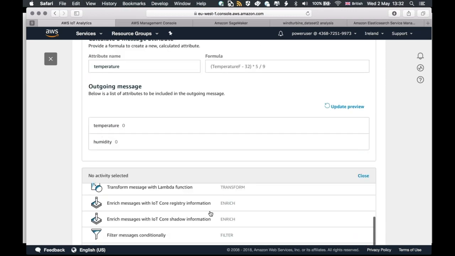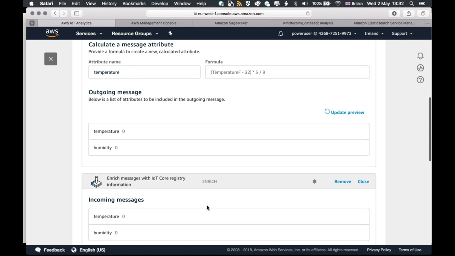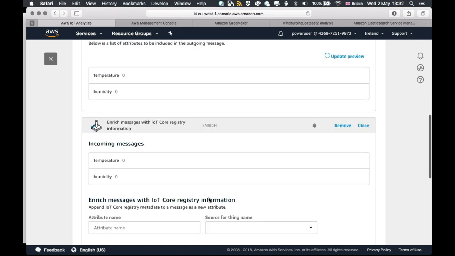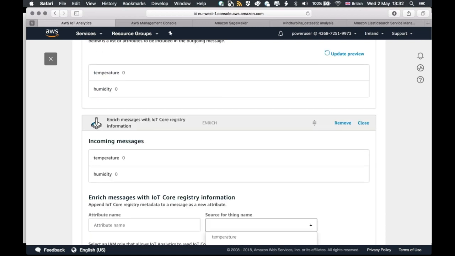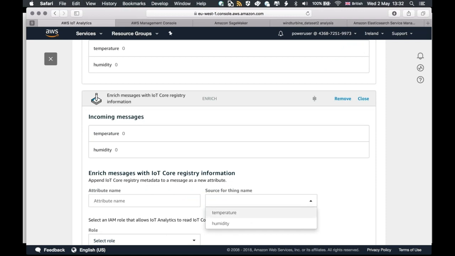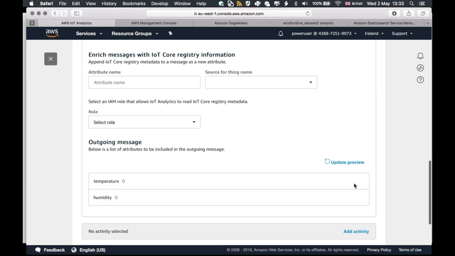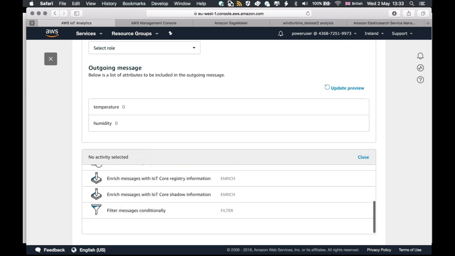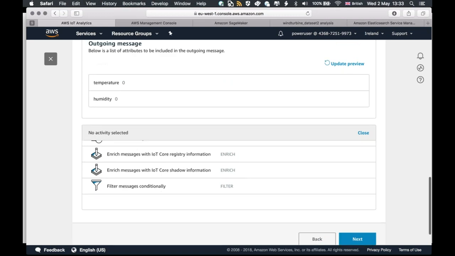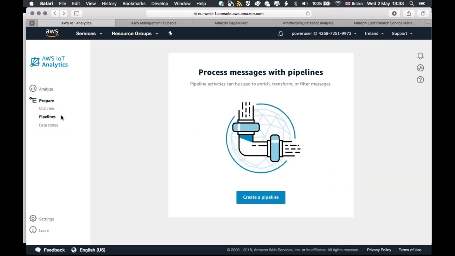I can add another step here, which could be around enriching this information. So if I want to bring some context from IoT Core, I can specify which attribute I'm adding and which source I'm picking it from, in terms of the IoT registry, and so on and so forth. And I can keep adding multiple steps to this pipeline, depending on how simple or complex your pipeline is. And once you define your pipeline,